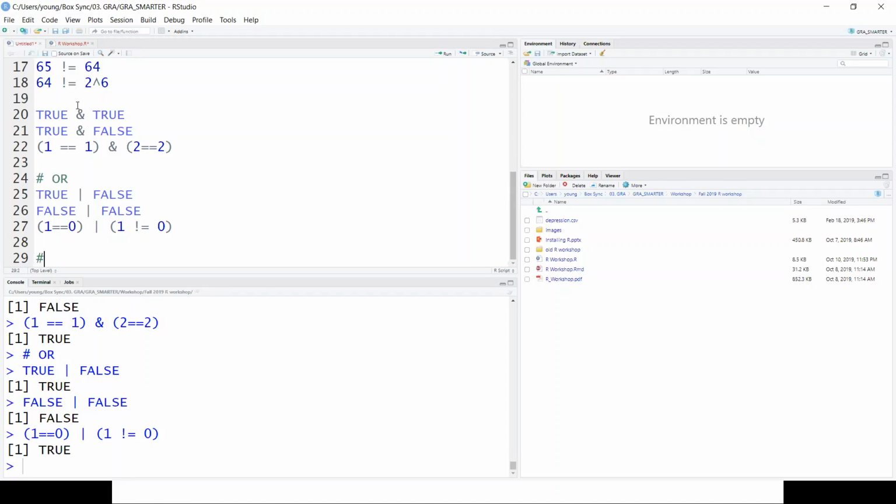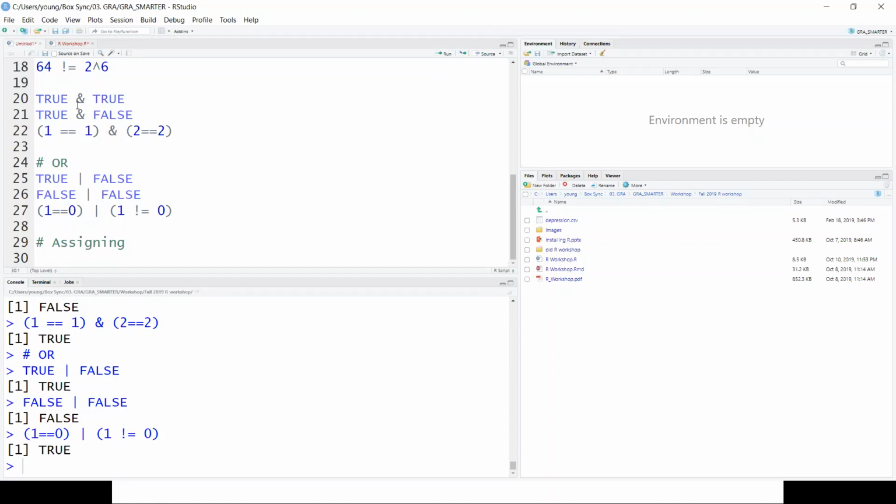Okay, from now on, I'm going to assign some value to an object that we're going to use in R. Suppose we have some vector or data that we want to use in R, but that data is too large. We cannot just use that data again and again in R, writing out everything in RStudio, right? So we're going to assign that large data or vector to some object that we decide.